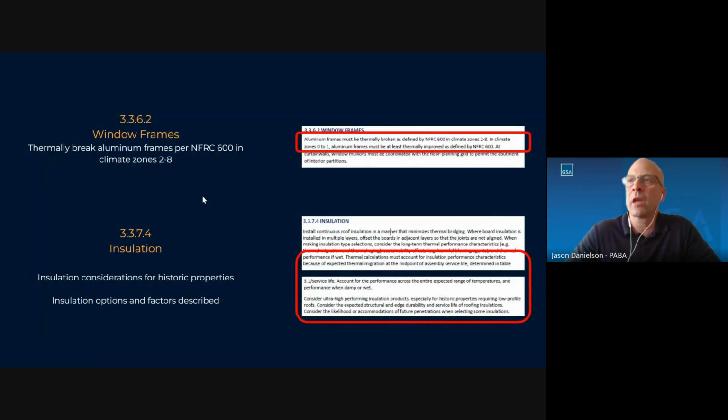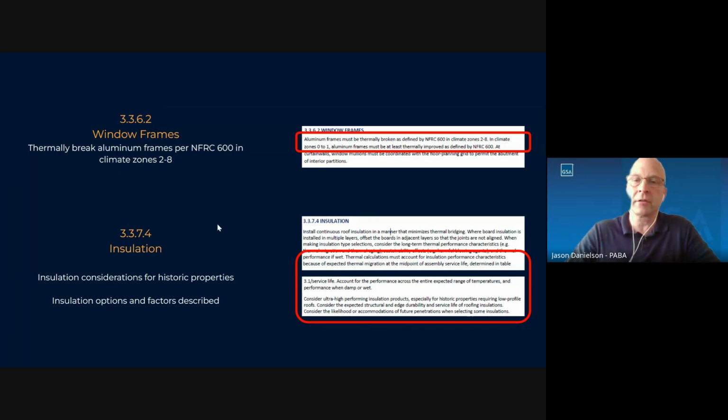3.3.2, 0.6.2 window frames, thermally broken aluminum frames per NFRC 600 in climate zones 2 through 8. So this is where you'd find that. And then 3.3.7.4 insulation: the insulation considerations for historic properties, and then insulation options and factors, the various